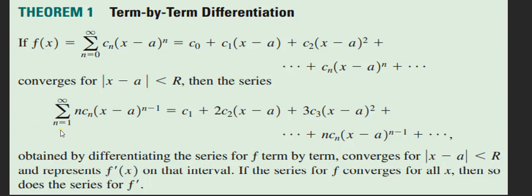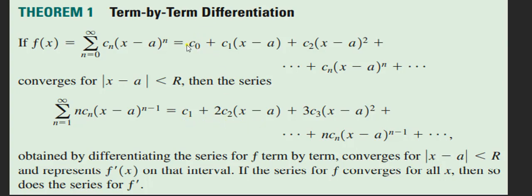Now, when you take the derivative of this, in other words, we're trying to find f prime of x. F prime of x will be this right here. Now think about it. When you take the derivative, applying the power rule, you get n times c of n times the quantity x minus a to the power of n minus 1. Now notice, you need to start from n equals 1